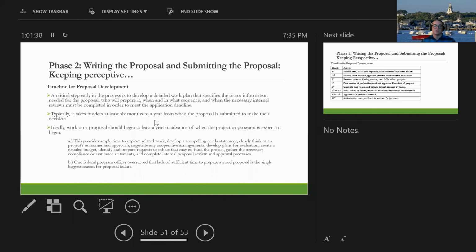Post-submission, it can take a bit of a turnaround to get an answer. Again, I was talking about keeping that return on investment with grants in mind. If you've got a program that needs to be funded yesterday, maybe grants aren't the appropriate avenue in which you need to be subsidizing said program. And so just keep timelines in terms of the proposal development in mind.